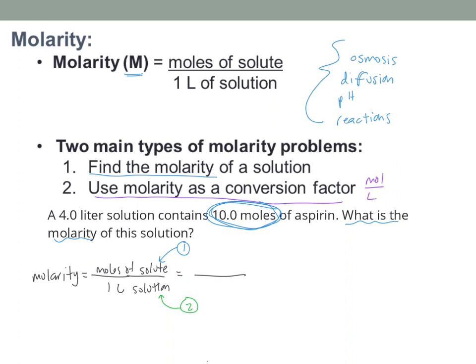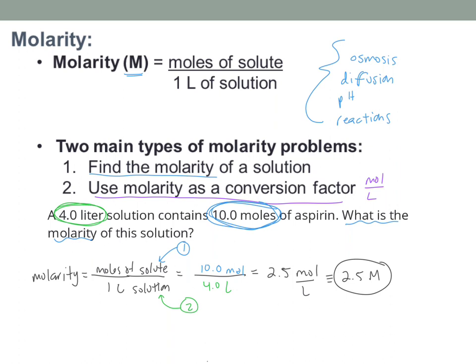I just have to transfer this down here and say, apparently there's 10.0 moles of aspirin in this question. Similarly, you don't have to do too much thinking here, because if I'm looking for how many liters of solution we're talking about, it flat out says that there are 4 liters. So I just put 4.0 liters down right there. I found the moles, it told me. I found the liters, it told me. And then you divide one by the other to get 2.5 moles per liter, or in other words, 2.5 molar